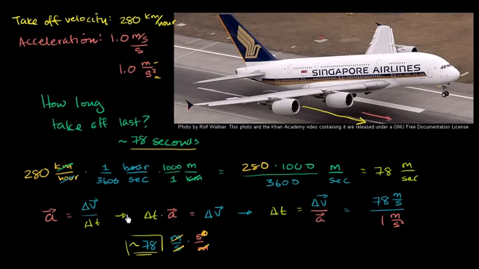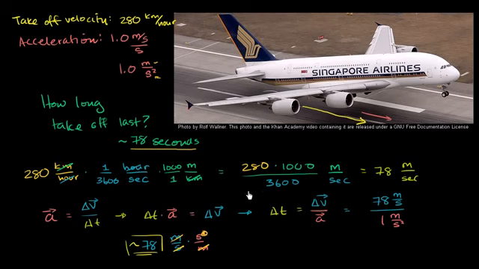What I want to figure out in this video is, given all of these numbers, how long of a runway does it need? Which is a very important question if you want to build a runway that can at least allow Airbus A380s to take off. And you probably want it to be a little bit longer than that, just in case it takes a little bit longer than expected to take off. But what is the minimum length of the runway given these numbers?